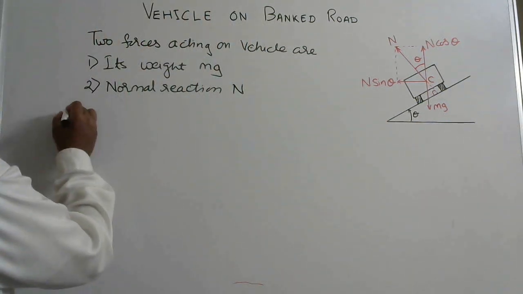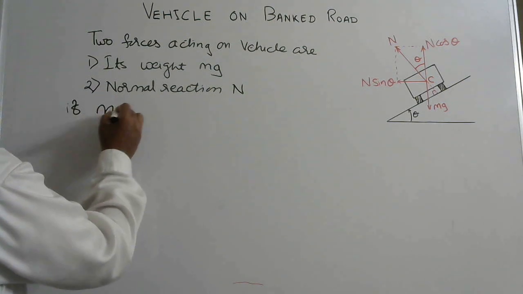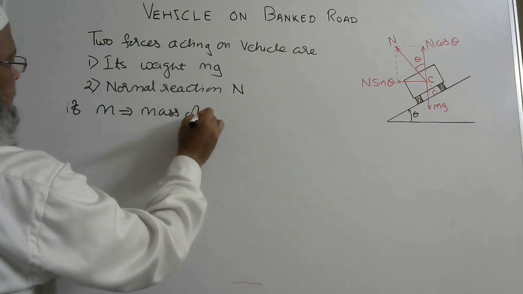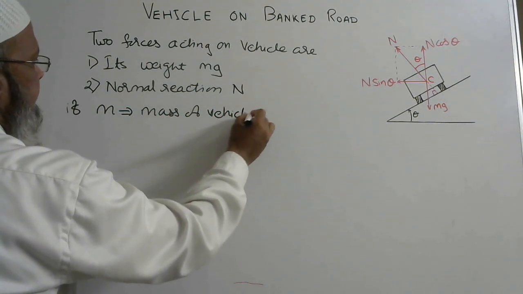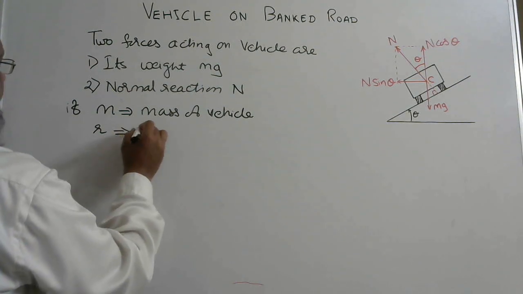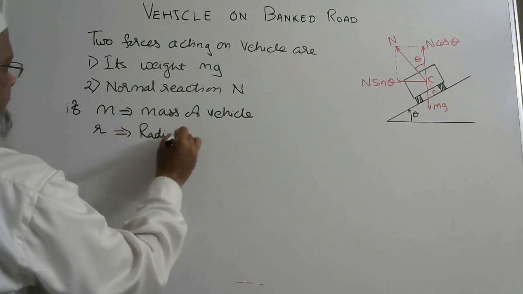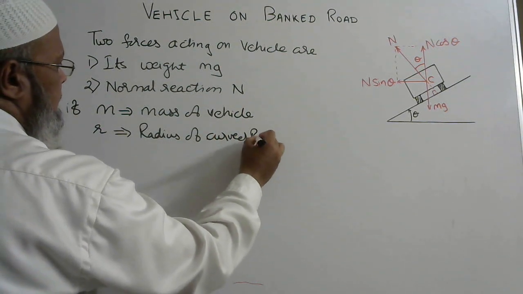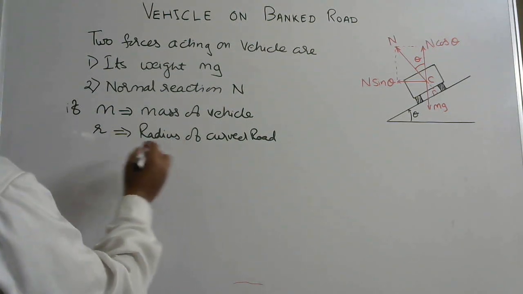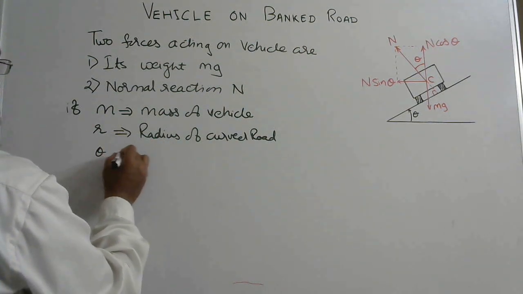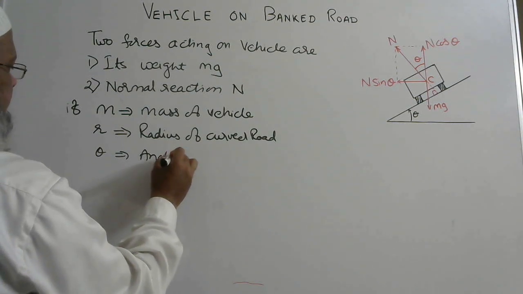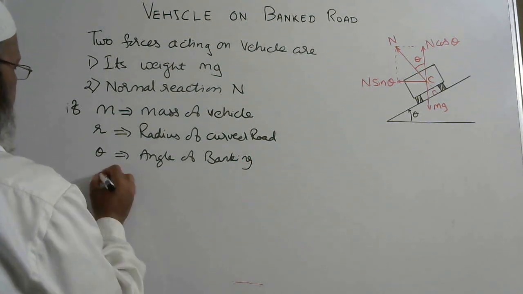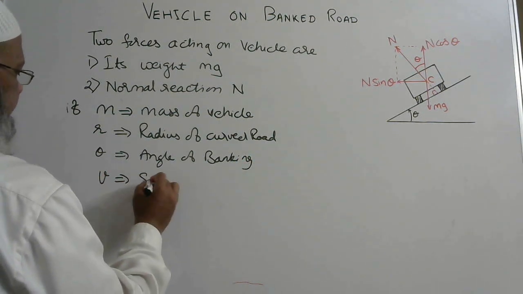If m is, as already mentioned, the mass of the vehicle, r is the radius of the curved road, theta is the angle of banking, v is the speed of the vehicle,